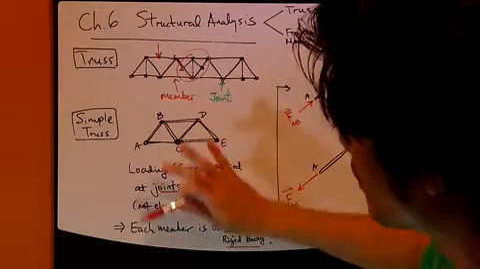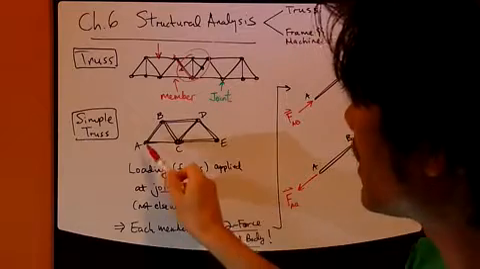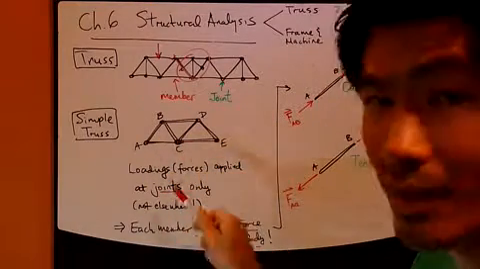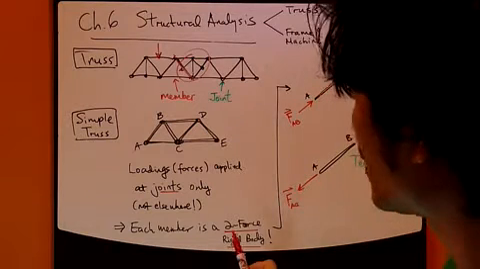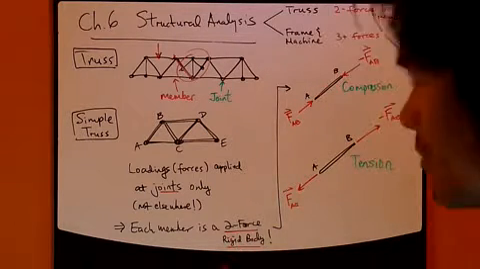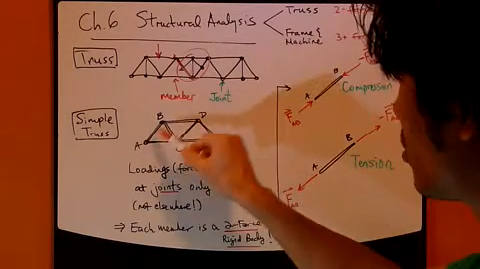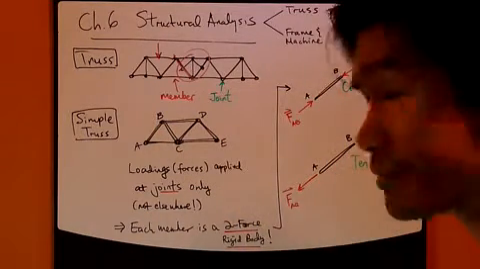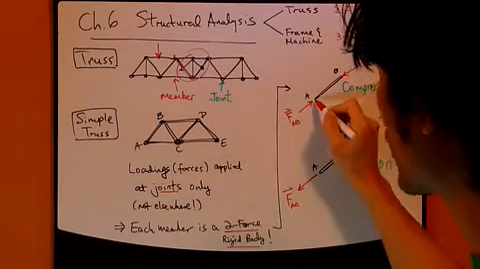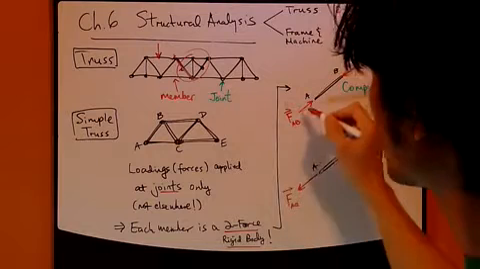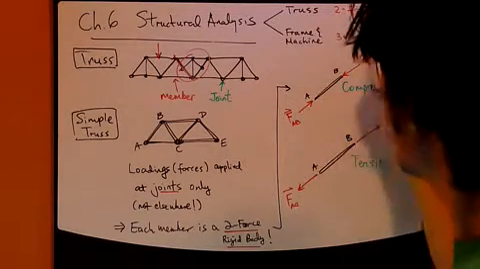So, based on this definition, the result is each member is a two-force rigid body. It's a two-force member. Being a two-force rigid body, I can just draw this member AB, for example, and draw the forces on it. Since each force is applied at a joint, I have this force coming this way, and then the other force coming the other way. So it's a two-force body,